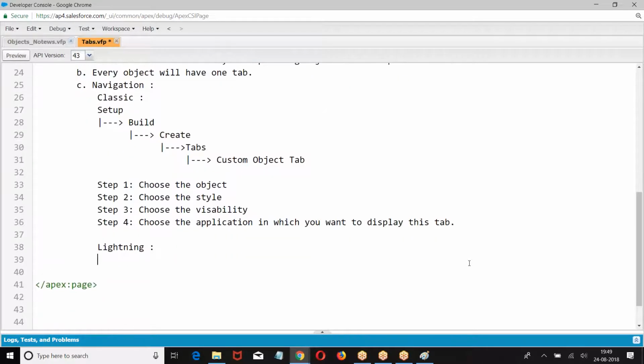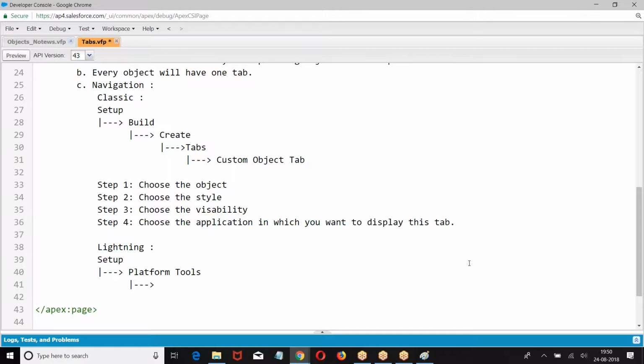Lightning. If you go to Lightning, setup, platform tools. Then what we are doing?